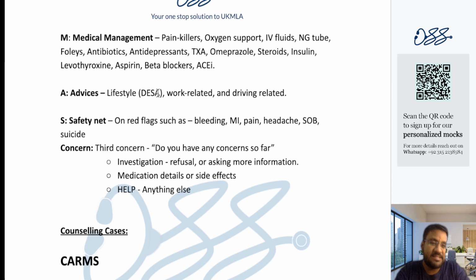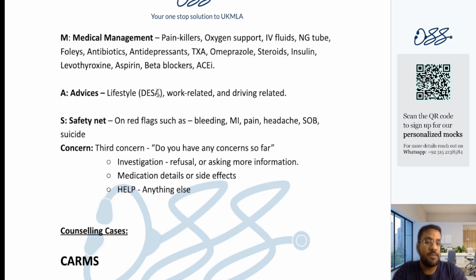Okay, they become less important because usually the advices and safety netting is, as I mentioned, done for those people who are getting discharged. But you may just want to touch the aspect of the advices very briefly, that okay, Mr. Adam, since I suspect that you might be having a subarachnoid hemorrhage, so it's probably because of the smoking that you've been doing, and so after your discharge, after you're completely fine and you're going home, we'll make sure that we give you some smoking related advices to prevent some future episodes.